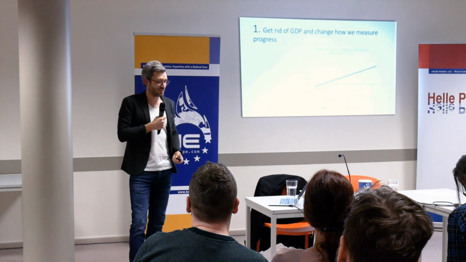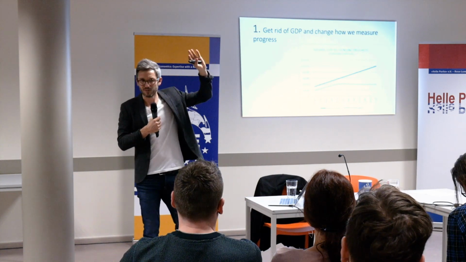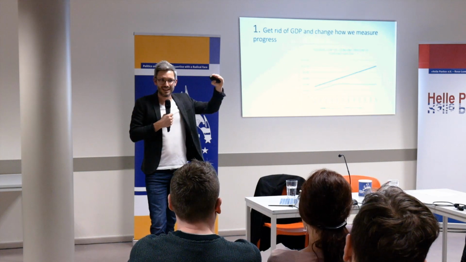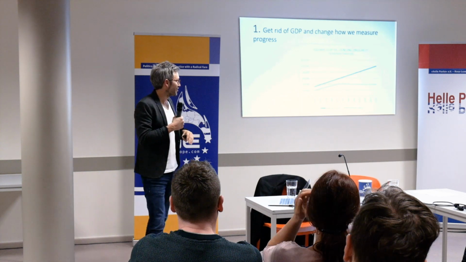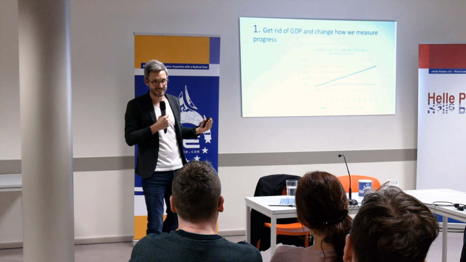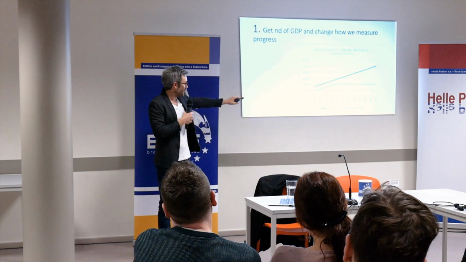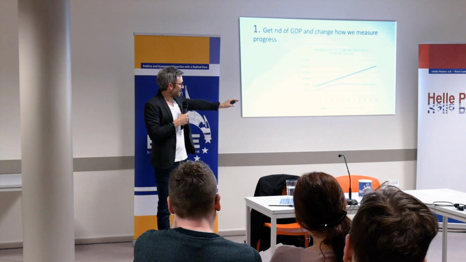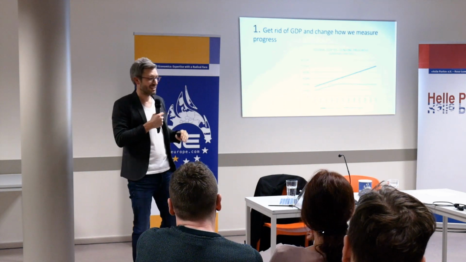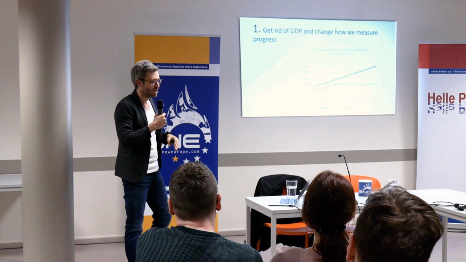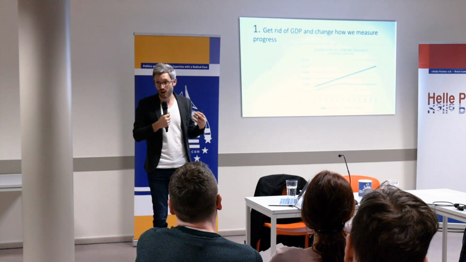But there are alternatives that we could use, like the genuine progress indicator, or GPI. Has anyone heard of this before? A few people? It basically starts with GDP and then subtracts social and ecological negatives from that, and so you get a clear picture of the real progress of a society, of an economy. What we see here on a global level is that while GDP has been rising steadily over the past many decades, GPI reached a plateau at about 1970 and has been declining slowly since then. And this decline is more pronounced in rich nations. So when we start accounting for the costs of GDP growth, our picture of progress changes significantly.